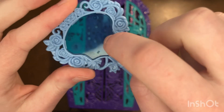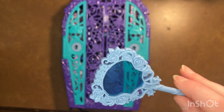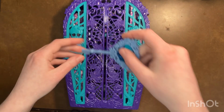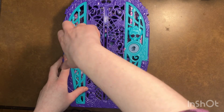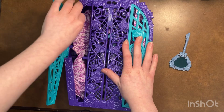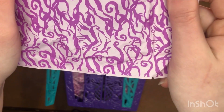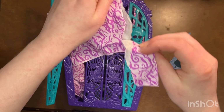It also has this little screen thing that you're supposed to look through to find clues, but I couldn't figure out how to make it work on the other Monster Mystery one I have, so I just don't use that thing. I'm gonna unlock one of the doors and we'll see what we get in the bags in here. The bag print looks sort of like vines. And in this bag we have